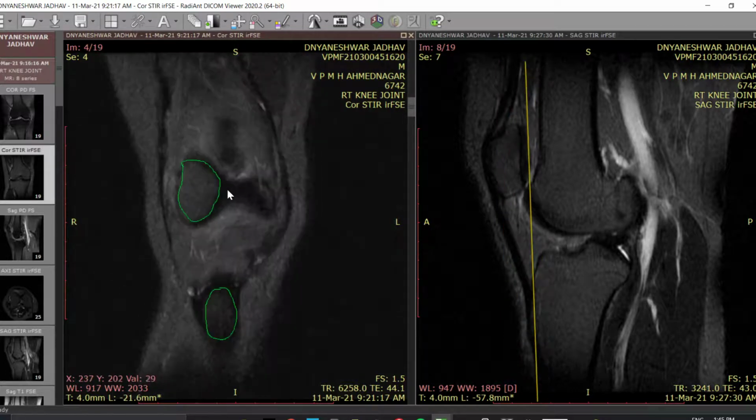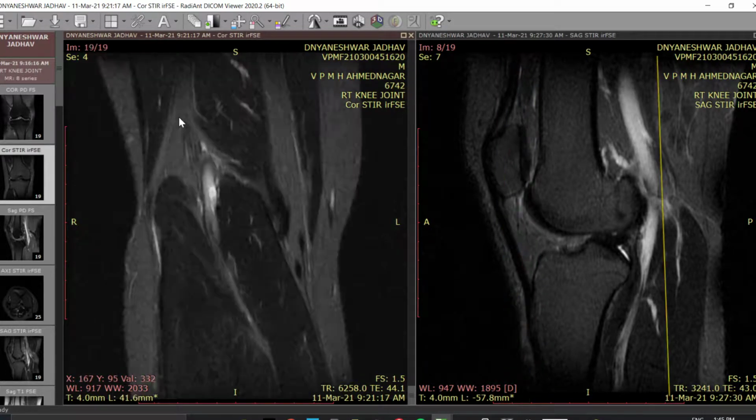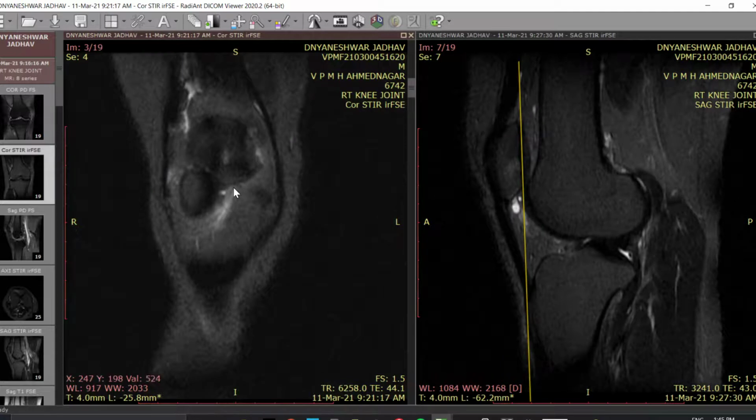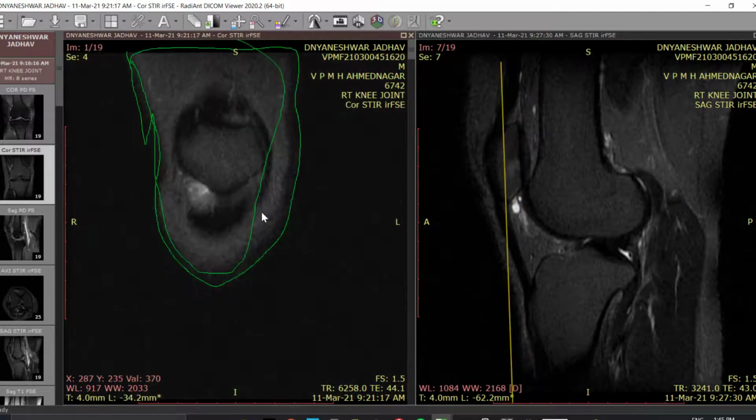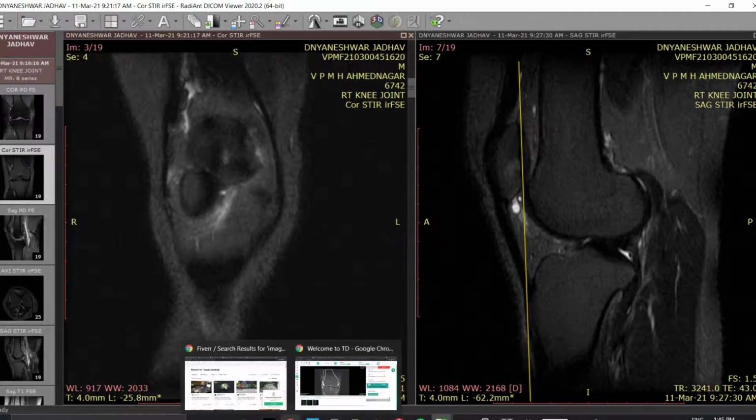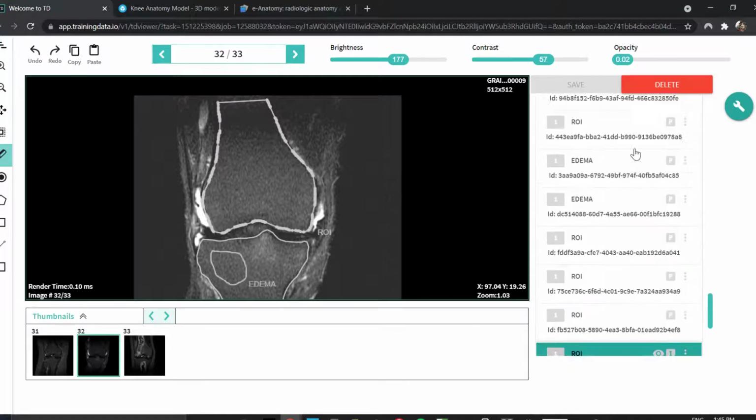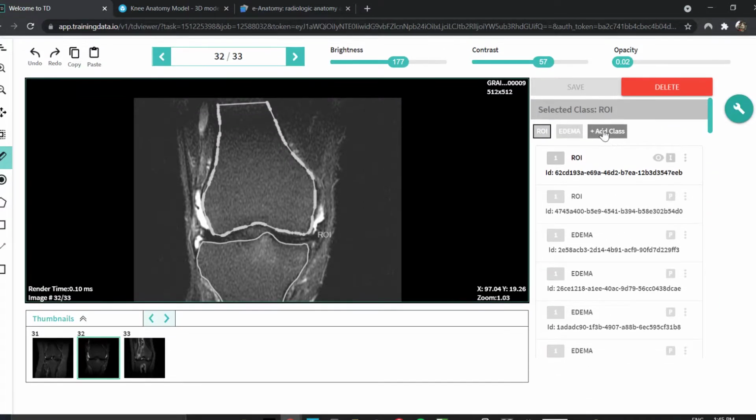Okay, apart from this area, all this area that is going to come, the starting part of the knee joint, as you can see here, that you have to ignore. Okay, and for ignore, I'm going to create a new class here, add class, and I'm going to add an ignore class.